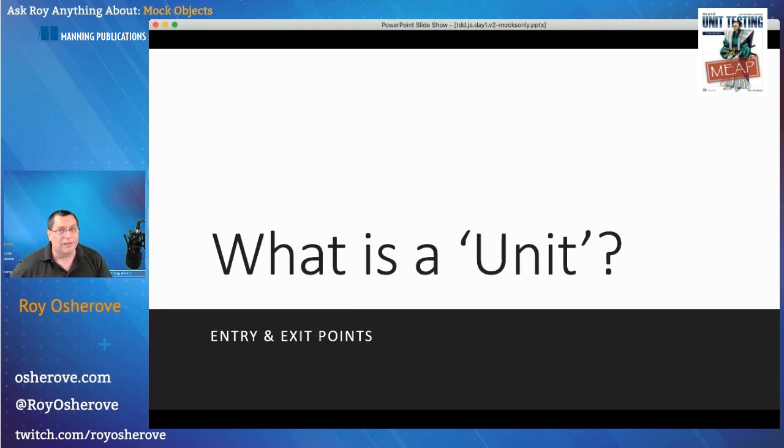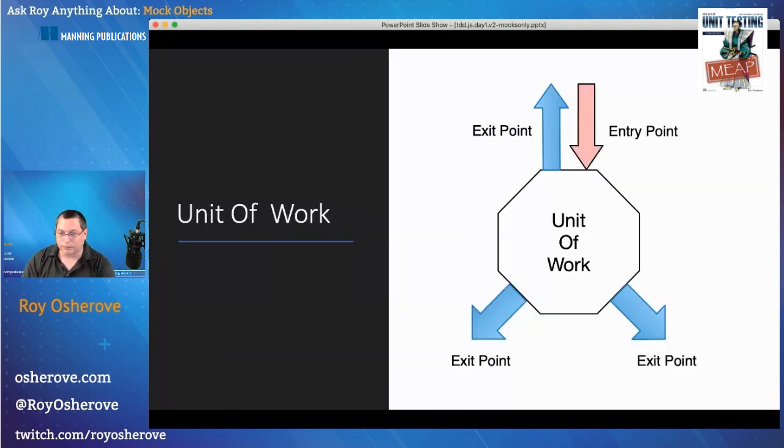And sometimes it can even span multiple classes. So these days, what I think a unit is, is a unit of work. And a unit of work is basically a flow of information through the application that has entry points and exit points. So it starts in an entry point and it ends in an exit point, one or more exit points. Here's what I mean.